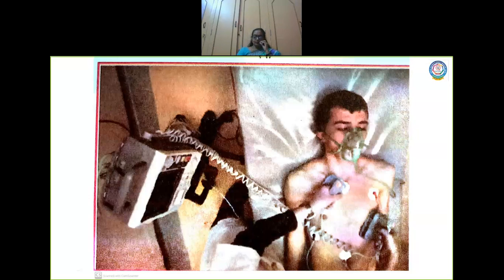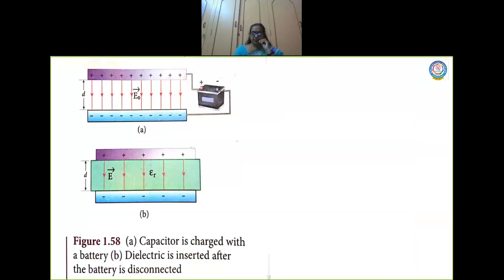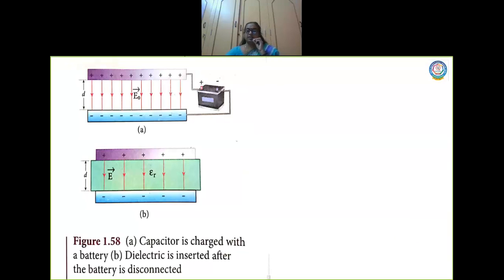Then they are also used to reduce power fluctuations in the supply of power. Sometimes you will have fluctuations in the power, which are reduced by using capacitors. So these are some of the applications of the capacitors. So without wasting much time, let us go into the next topic, which is considered to be very, very important, children, which is nothing but the effect of dielectric.